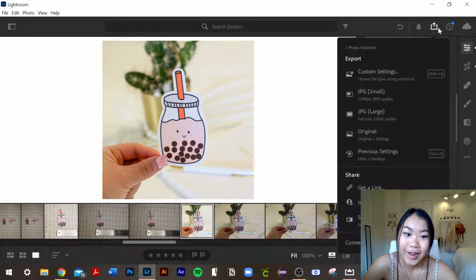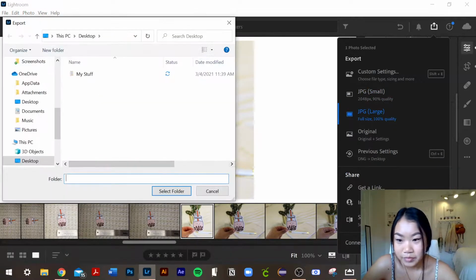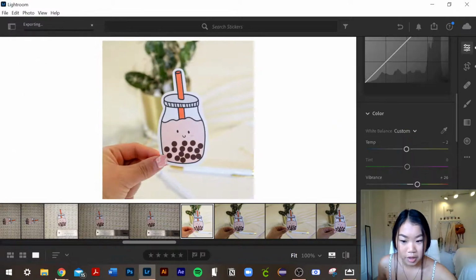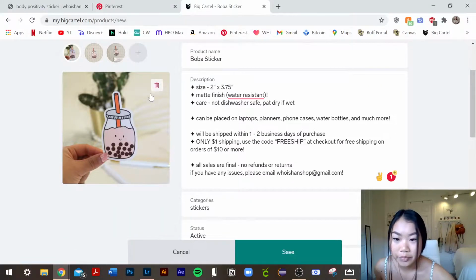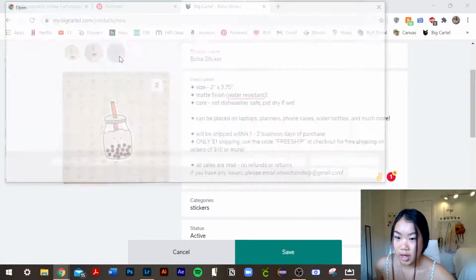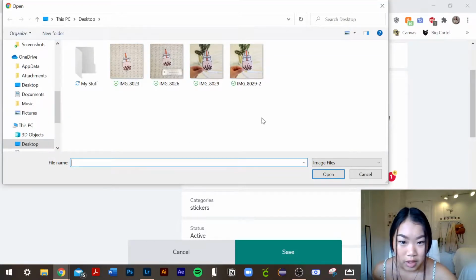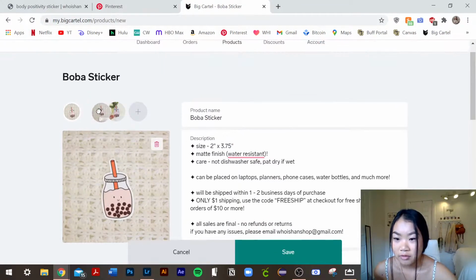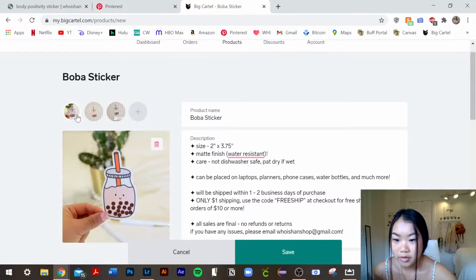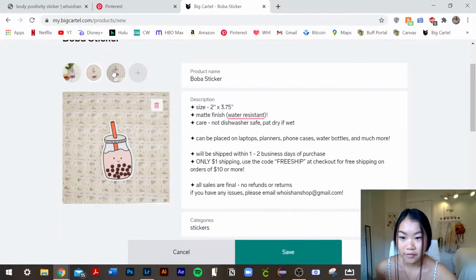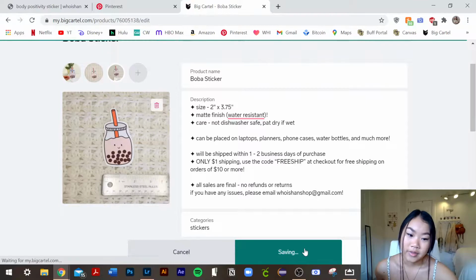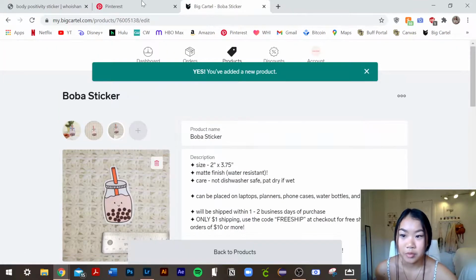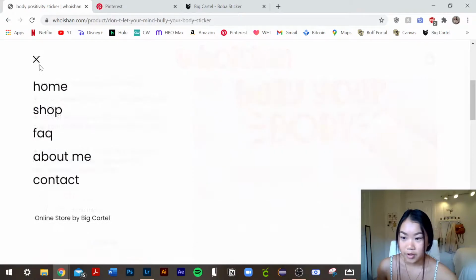So now I'm going to export that one. I'm just gonna say this is the first photo. Oh wait, I don't know if it'll let me. Oh, I guess it did let me do it. Okay, cool. So I can delete this and re-add the photo that I just re-edited. Okay. And then I think I can drag these around to the order that I like. So we have the first photo, the second photo, and the third photo. And now I can save this. And now it's a new product on my shop. So if I go home,